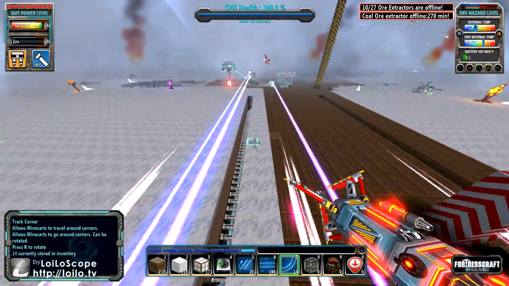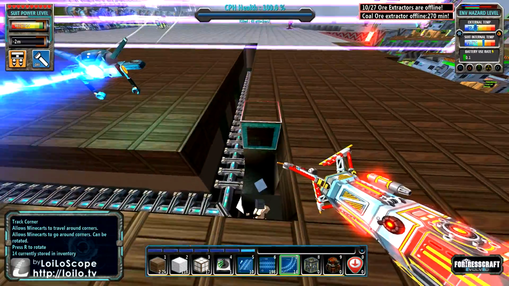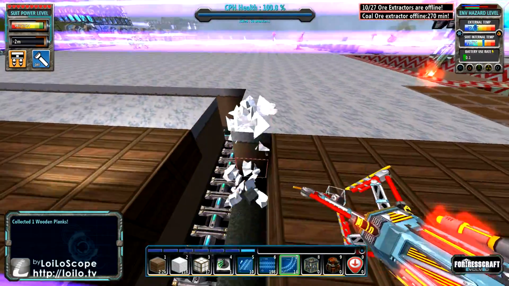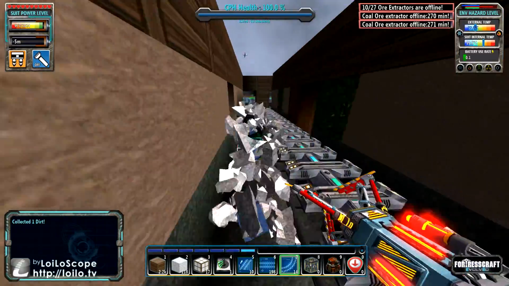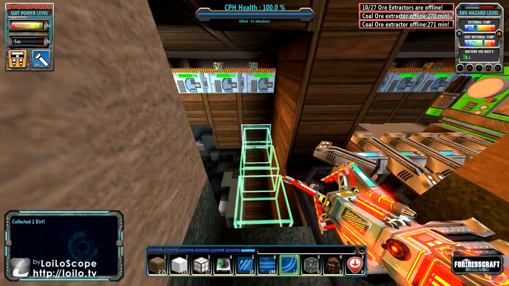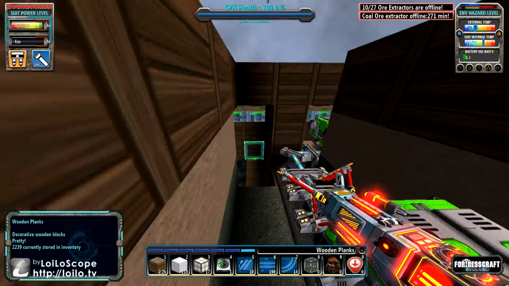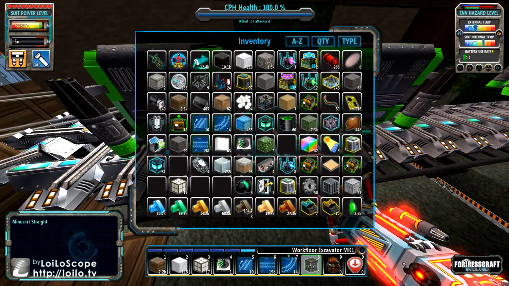So we've got the entire track laid here. And this is where I'm going to make my loading station for all of this. Can't really go too near that coal. Ah, I didn't mean to do that. There we go. So our load stations will go here,